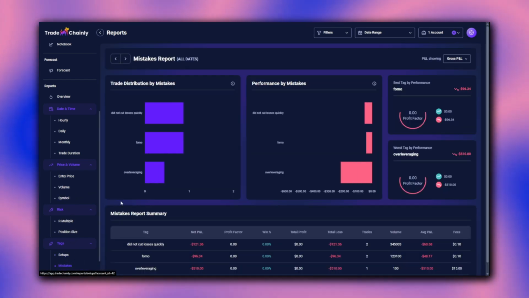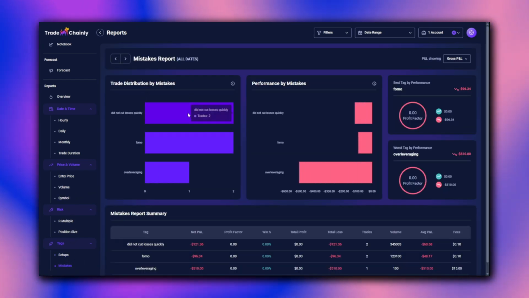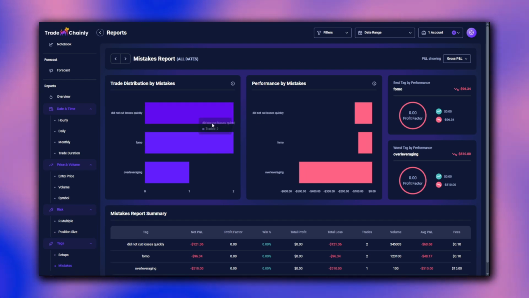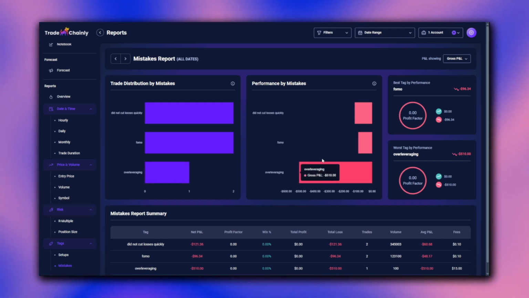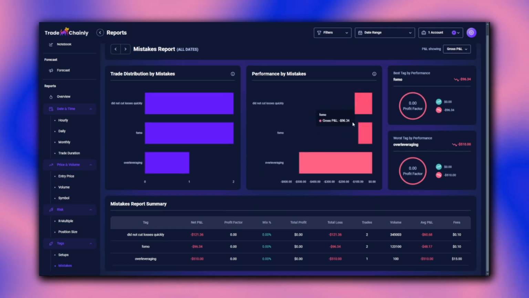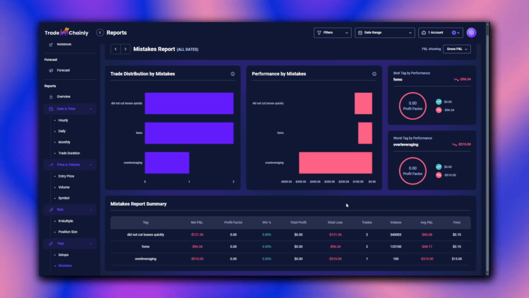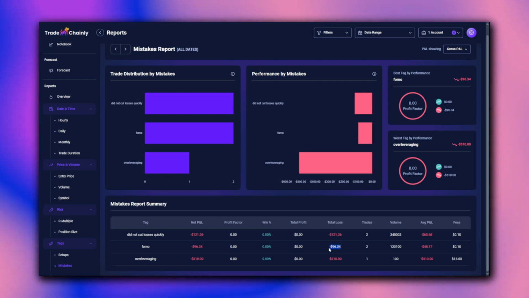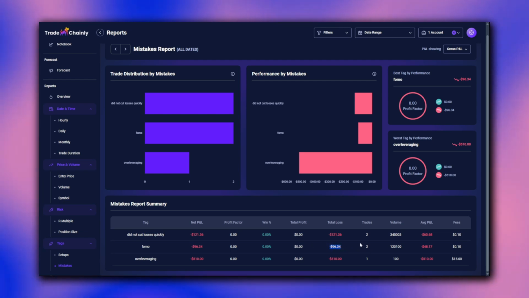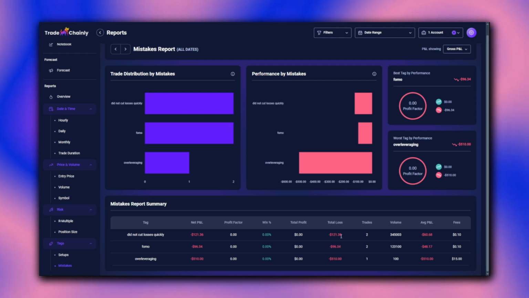Now the opposite side, mistakes report almost always shows clear negative buckets. If over-leveraged trades cluster in deep red territory or have the worst total loss, that's the habit to eliminate first. While FOMO mistakes are plenty, I can see they don't damage me too much. I have small losses from them, so maybe I shouldn't worry too much about that mistake and concentrate on the